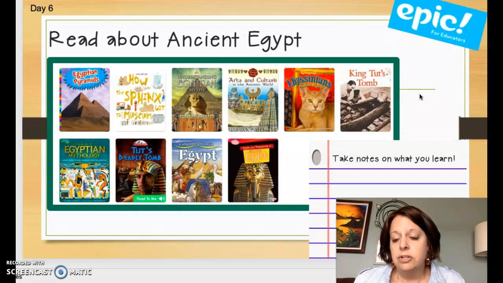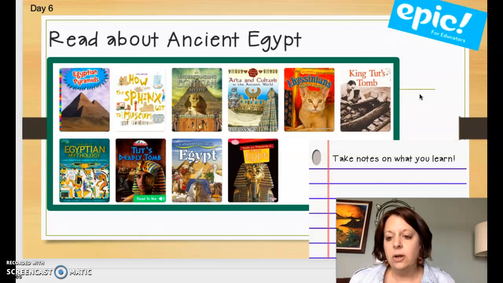So you just write down different things that you've learned, like, okay, I'm going to read this book and I'm going to write 5 new things that I learned. That's just an example. Or I didn't know what this word meant, so I'm going to write down what this word means. It's just a really good idea for you to practice taking notes.